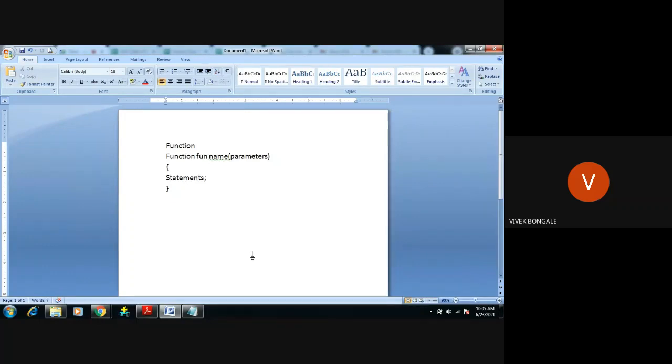So a function is a block of code which is used to accomplish some task. We can pass parameters to the function, and when you call it with the parameters, that function will be executed. How many types of functions are there? We have two types: one is the user defined function, and one is the built-in function. User defined functions are those that developers create and define themselves.